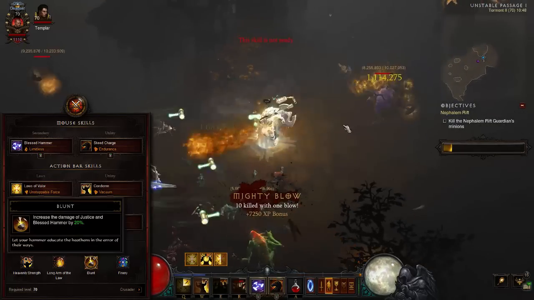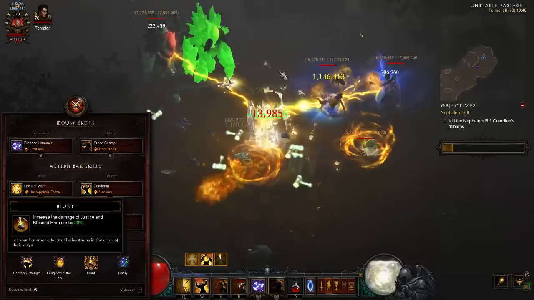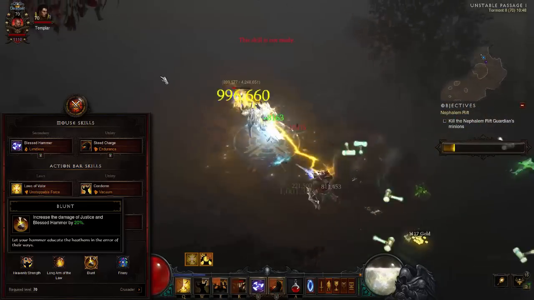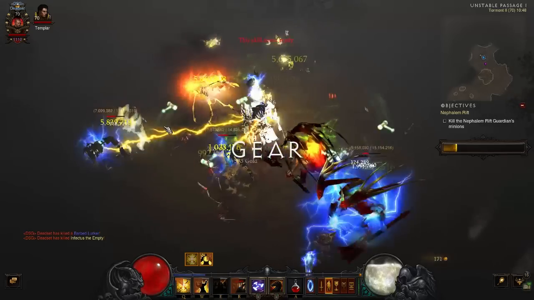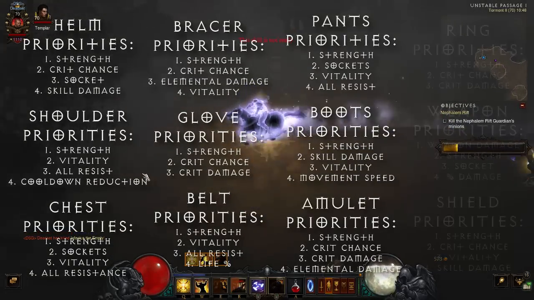Finally, Blunt makes a natural fit in any Blessed Hammer-centric build. By buffing up your primary damage dealer with 20%, it adds more than an item's worth of skill percentage to your build. During the early gearing stages and initial torment progression, rare items and random legendaries will occupy the majority